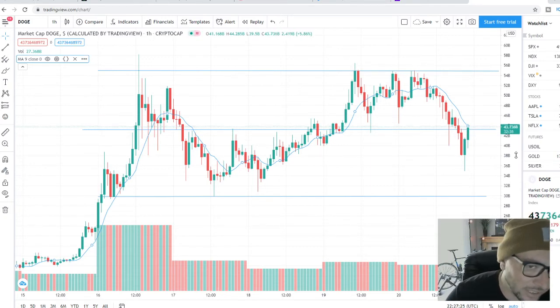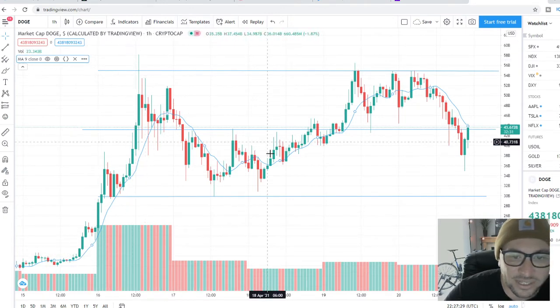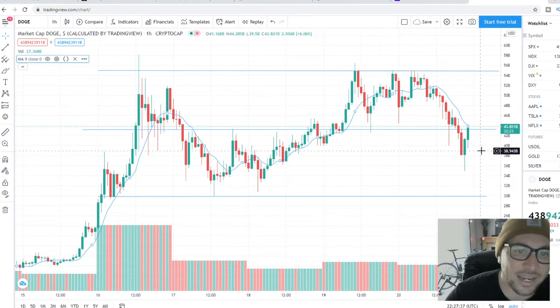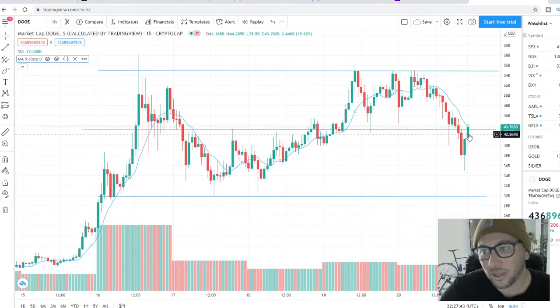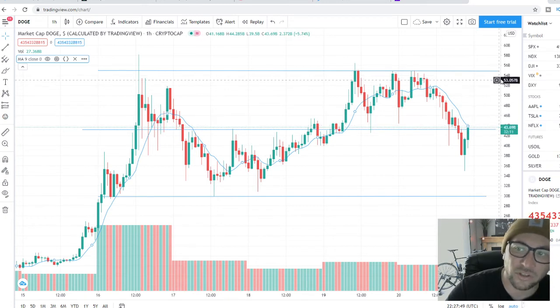Long term, I don't think you really care whether you're in down here at 15 cents, up here at 50 cents, or down here at 30 cents. If you believe this is going to $1, this price action doesn't matter to you. If you're trying to get in with 20,000, 40,000 coins, you want to make a few bucks and get out, then right now you would wait for this to crack the 9, and that would be your entry point, and your potential profit taking would be here at, again, 54, 55 cents.